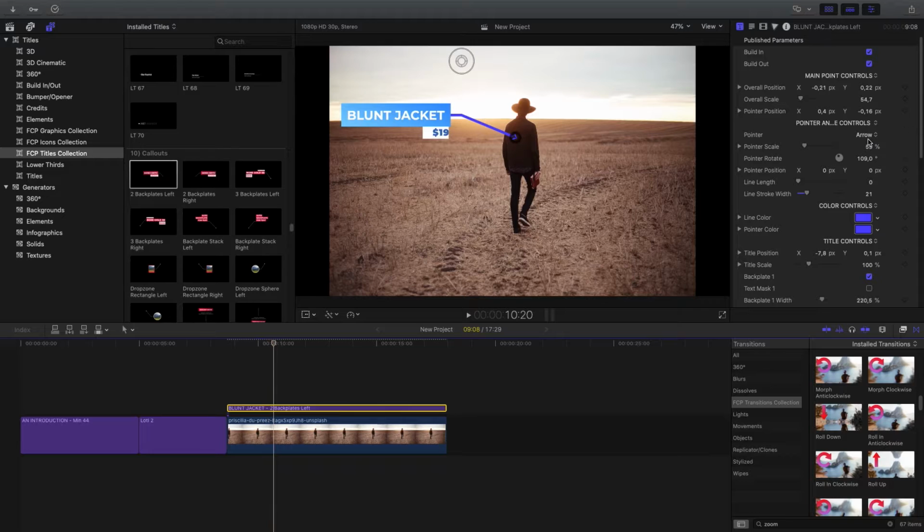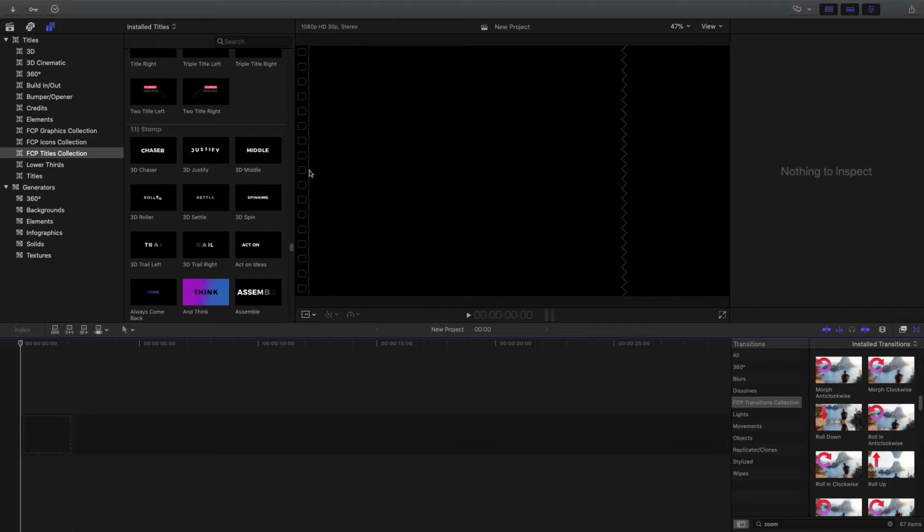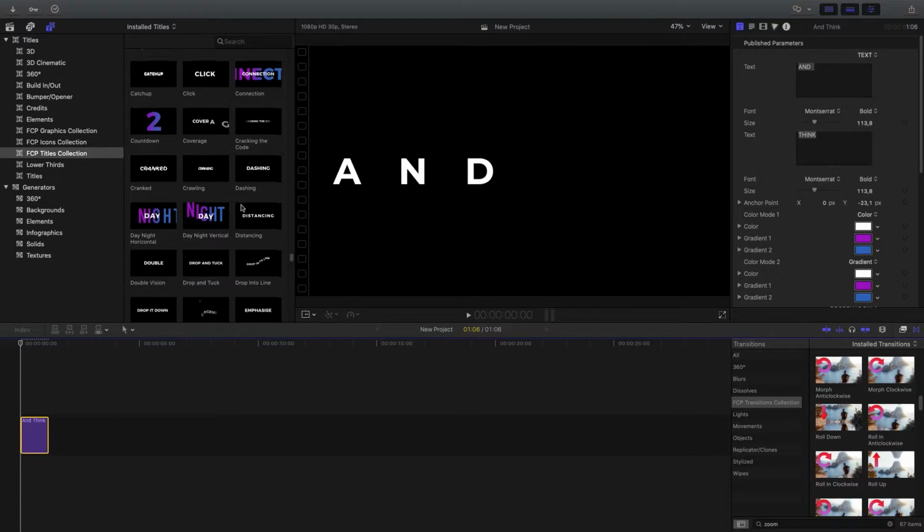So that's quite nice. Then you also have a cross, you have cubes, and you can also just choose none. If you kind of just want to use the line, you're also able to do that. Alright, so I'm going to just quickly delete all of that, and now we're going to look at some of these stomp titles. So I'm just going to grab in a couple of these, and then we'll start making our